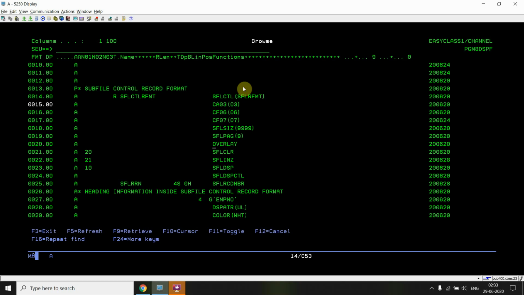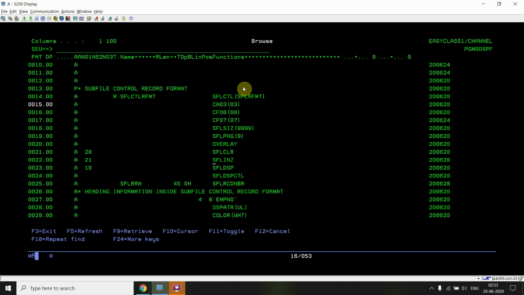Now you can see that I used the overlay keyword. So for example, we have a display screen, and we have already formatted some record formats. They are just displaying some text or some things on the display screen. So we are just overlaying this record format onto the existing formatted record formats. It means that we have shown something on the display screen, and we are not going to erase those things, and we are now overlaying this on the existing data on the display. So those record formats' data will get displayed on the screen, as well as this one also, right?